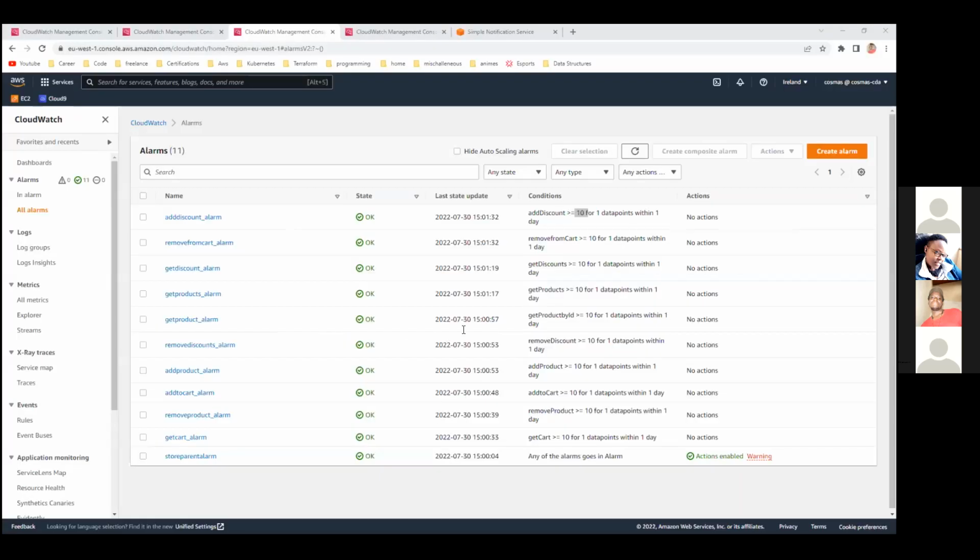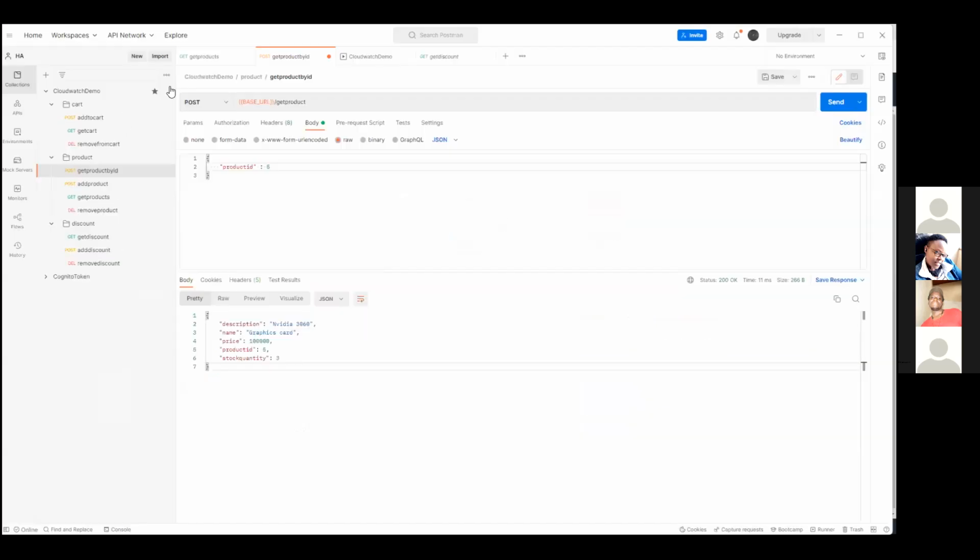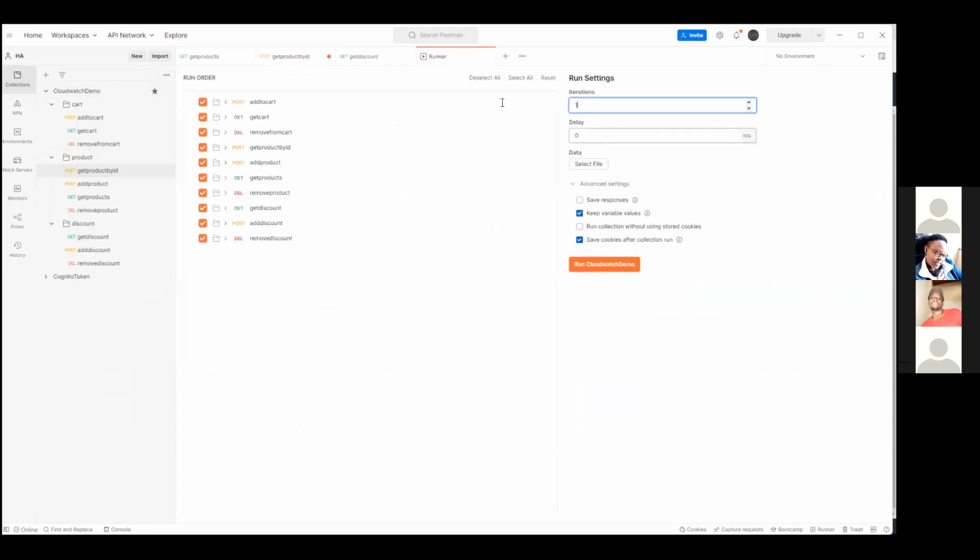Okay. Now let's demo an alarm state. So on Postman, you can try and run this collection, let's say a number of 30 times. Let's do it fast so I don't stress my internet as well. Let's give it an iteration of 6. So this request will be sent 6 times for each request. So if you run it,